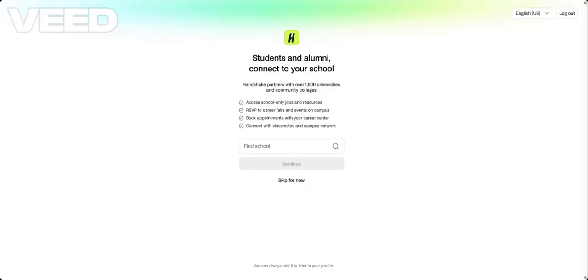And there's another important thing you need, a LinkedIn profile. Let us just skip the school for now. So before you decide to create a Handshake AI account, remember these two important things: a resume and a LinkedIn profile. Number one, you need a good ATS friendly resume. Number two, you need a complete professional LinkedIn profile.